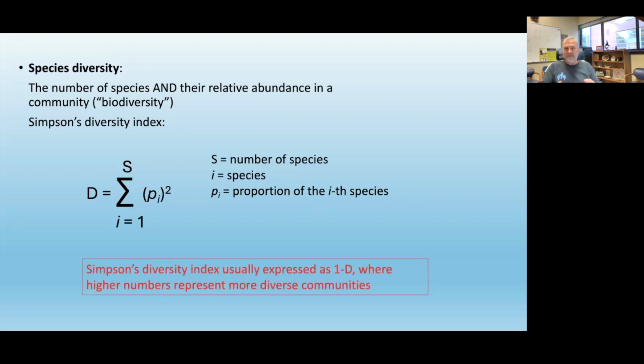The idea here is that you're going to get a number at the end of this, and the higher that number is, typically the more diverse that community would be considered. And that's rooted in some elements of the difference between the richness of a community and the relative abundance. There are other indexes. So there's like the Jaccard's